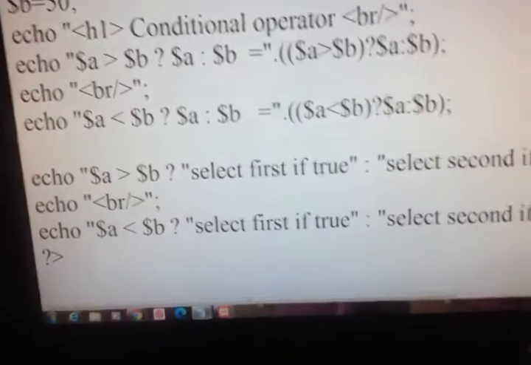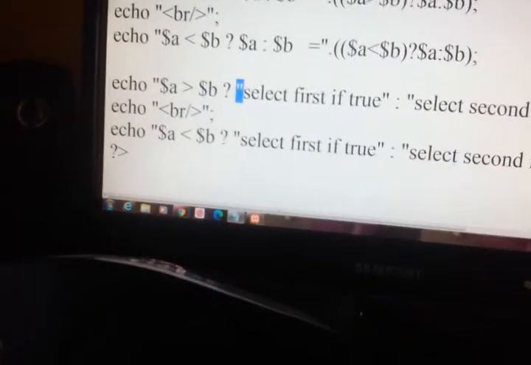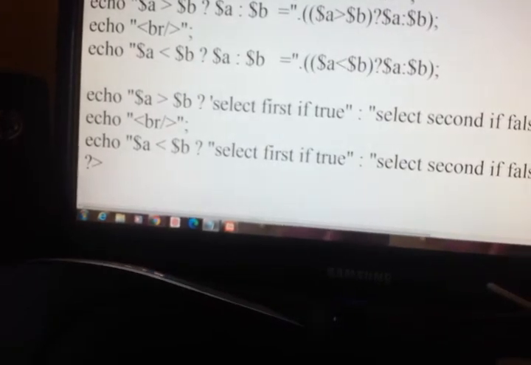Yeah, due to these double quotes it's getting confused, so I'll use single quotes here.